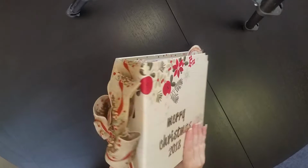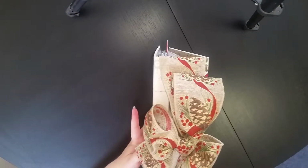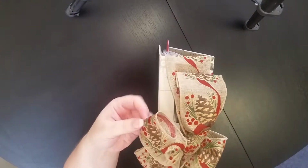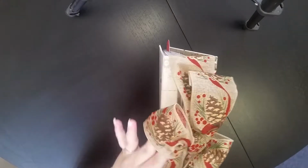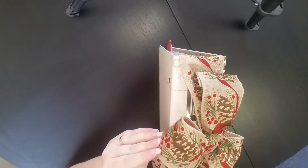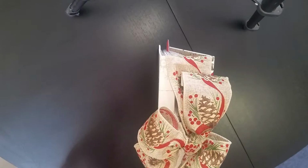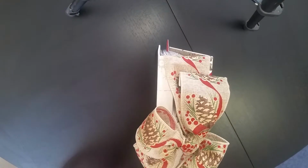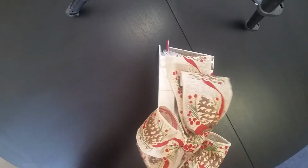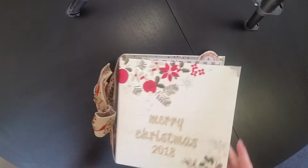And then on the back, I don't know how well this will show on camera because it's not the best angle, but I just put on this beautiful ribbon. It's almost similar to burlap, but it has beautiful little pine cones and holly berries and gold glitter on there, and it just looks beautiful. I've wrapped that around the spine of the binder and then tied a bow in it, and I think it looks absolutely stunning. So let's get into the actual